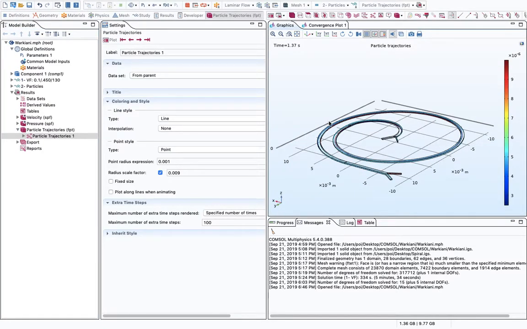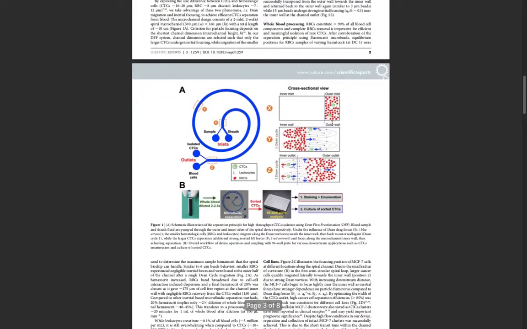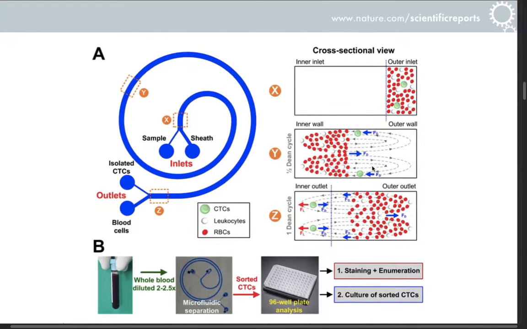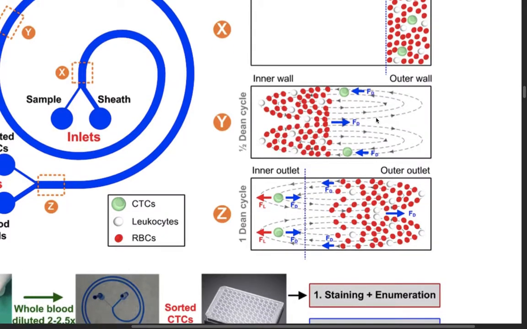Alright, after a couple of hours, the calculation is now finished. We can see now how the results match with the results taken from the paper. Let's take a look at the paper first to see how we want the particles to behave in the spiral. Now, this first picture here is the inlet of the spiral. You can see that from the outer inlet we have all red blood cells, white blood cells, and circulating tumor cells. Once they are in the geometry, the Dean drag force is acting on them, so they will move towards